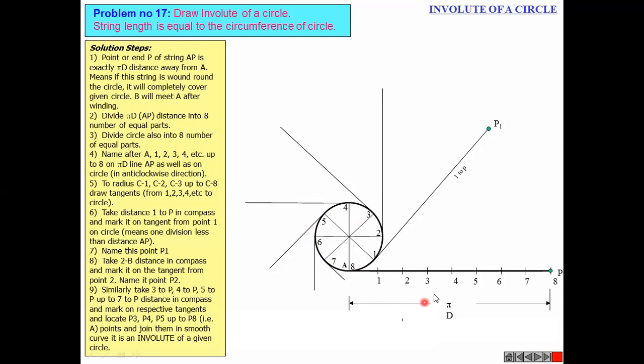Fine. How will you draw that tangent? It is fine enough: the line should be perpendicular to this diameter. This line should be perpendicular to 6-2. This line is perpendicular to 7-3. This line is perpendicular to 5-1, and this line is perpendicular to 6-2, and likewise. Fine. Then you need to mark points on these tangents. How will you be able to mark the points?